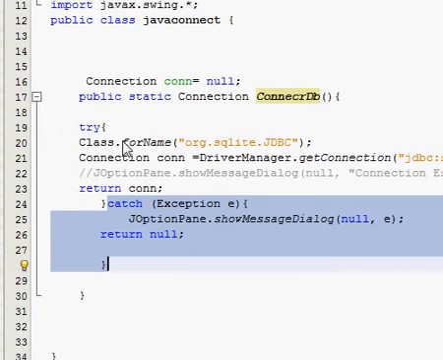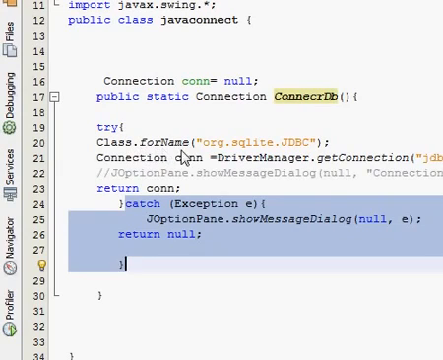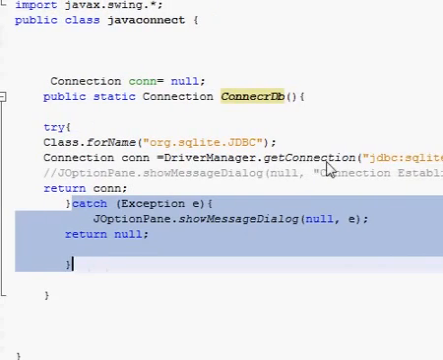And then in try, you have to write Class.forName, and in the brackets you have to write the driver to connect SQLite, which is org.sqlite.JDBC. This is the standard connection path you have to give in order to connect from JDBC. Then you have to write Connection con. You can give it any name. I have given it con is equal to DriverManager.getConnection,